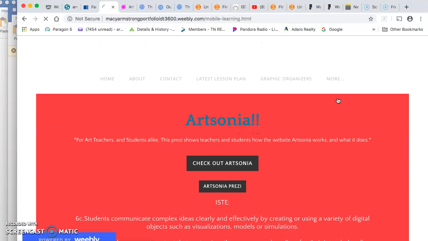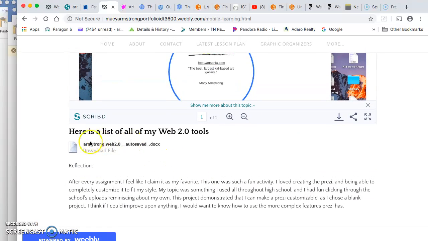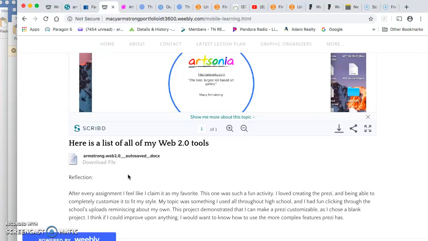I think another really great way I encompass the Designer ISTE standard is the Web 2.0 tools. So in the mobile learning tab, I mentioned Artsonia as a great Web 2.0 tool, but I also have a list here of about 10 Web 2.0 tools that I found that I think are just great resources that teachers can use to differentiate their learning. And some of the examples could be a Prezi, just like I've done with Artsonia, a video, for instance, the video capture that we did,